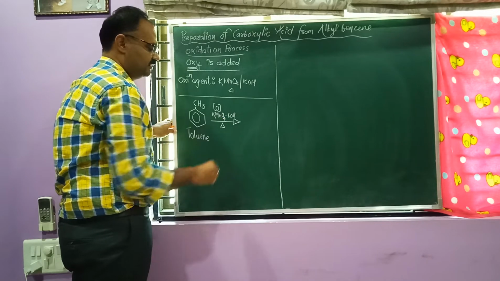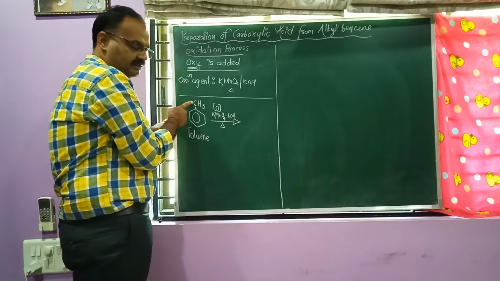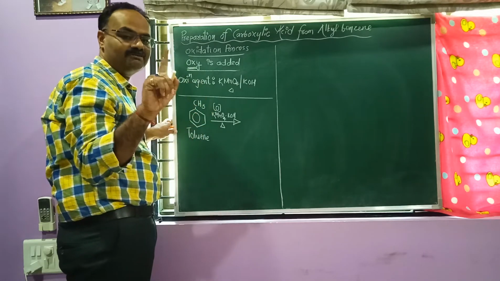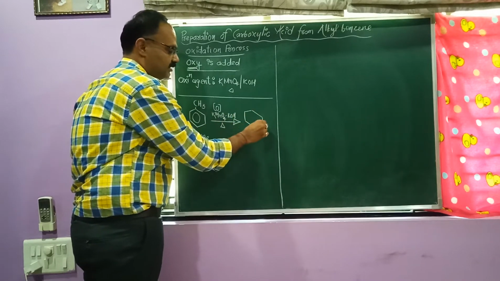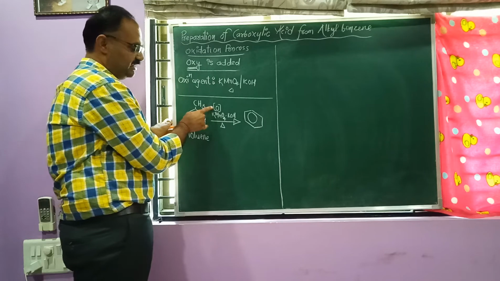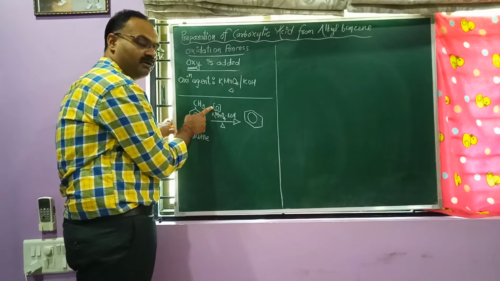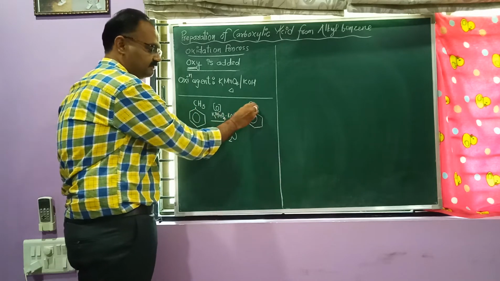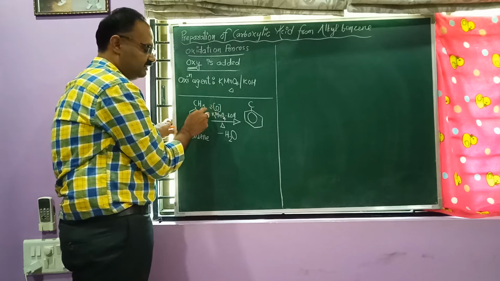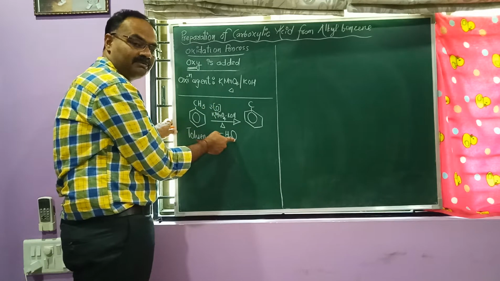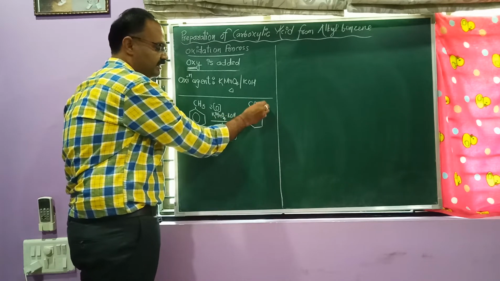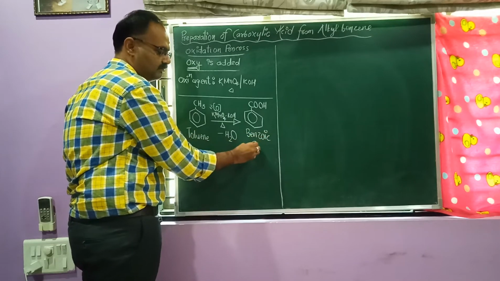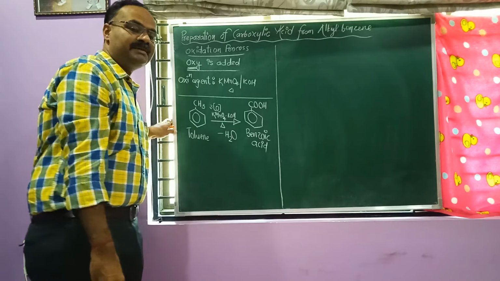Some heat is required. Actually, see, one carbon is there on the benzene ring, so we have to add 3 atoms of oxygen. One carbon equals 3 atoms we have to add. So 2 hydrogen and 1 oxygen will form byproduct H2O. One is in byproduct H2O, so the remaining 2 oxygen and 1 hydrogen should be there. So the name of this compound is benzoic acid, or it is known as benzene carboxylic acid.